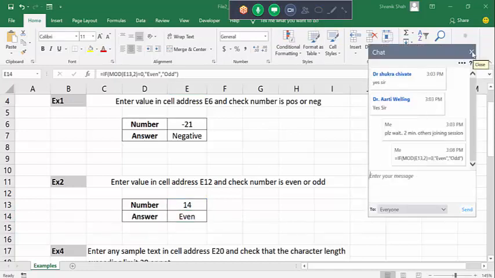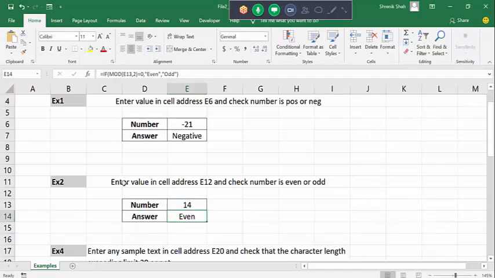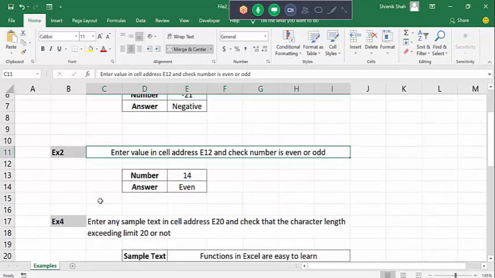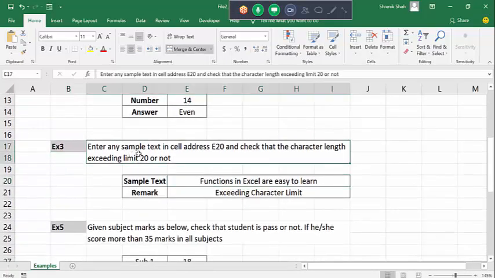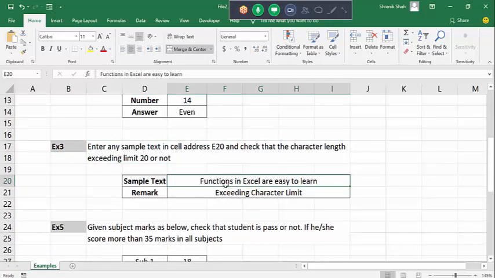The next one is example number 3. That is to enter any sample text in the cell address E20, and check whether the character length exceeds the limit of 20 or not.